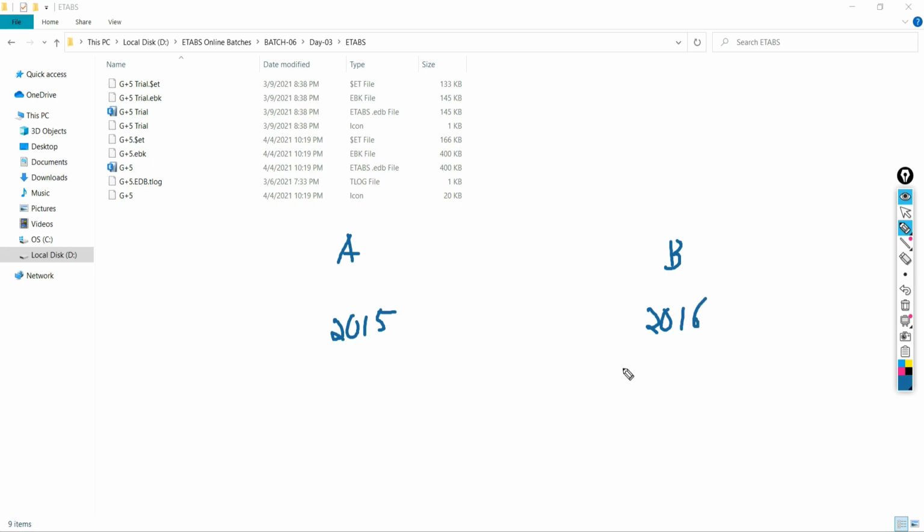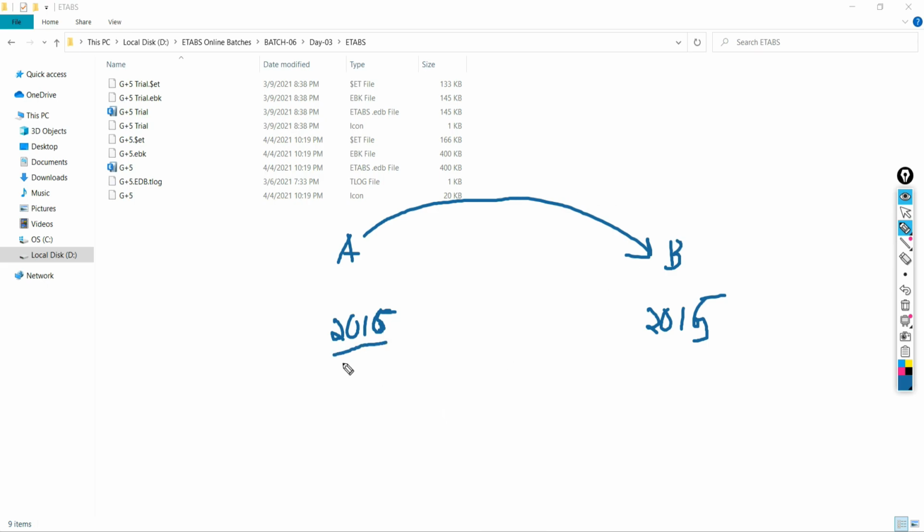Person A has created a model, a structure in ETAP, and now wants to send the file to person B. Again, sorry, I want to make some change. Person A is using the 2016 version, and person B is using the 2015 version. Now A wants to send the file to B.